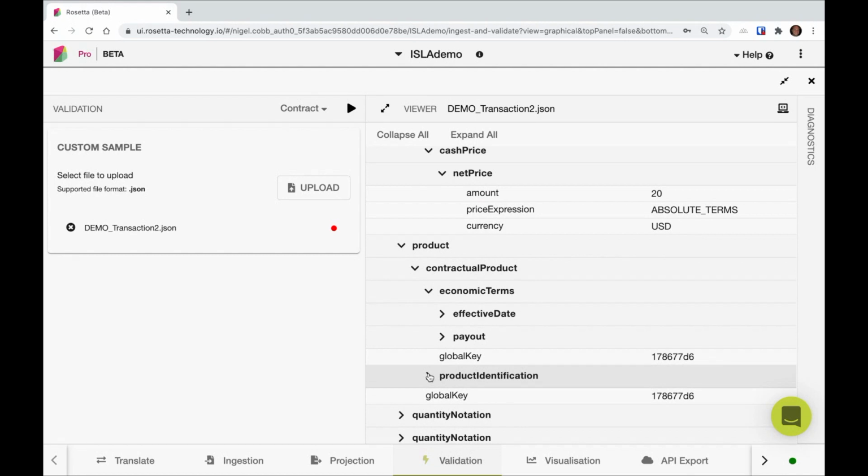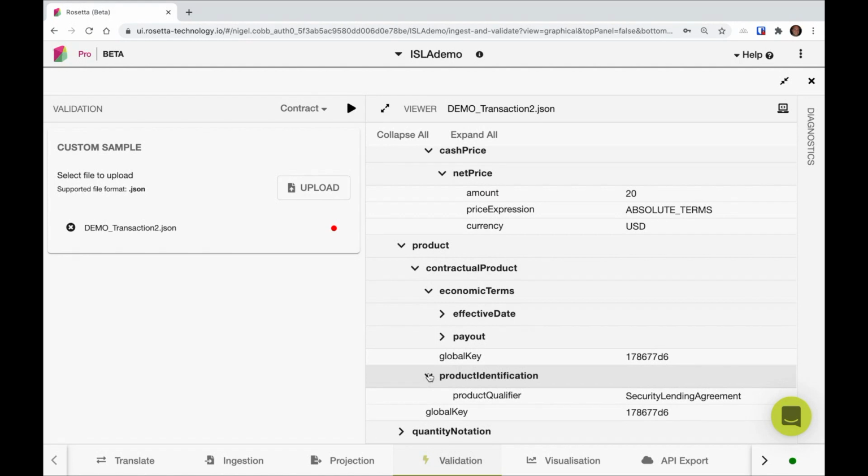Finally, the CDM contains the functionality to uniquely qualify the nature of a product based on its economic terms. Rather than relying on market practitioners to include this information for the purposes of regulatory reporting, for example, the CDM can populate this value using a business logic aligned onto a market-agreed definition.